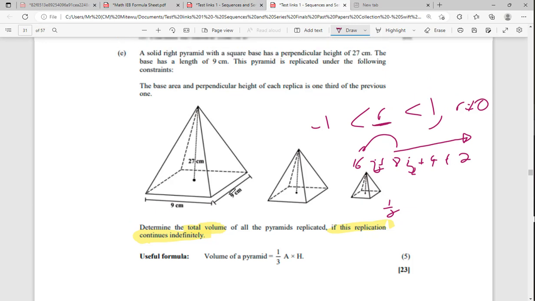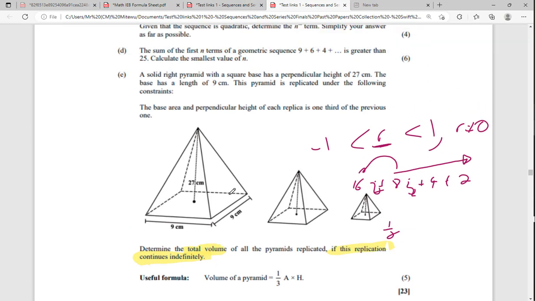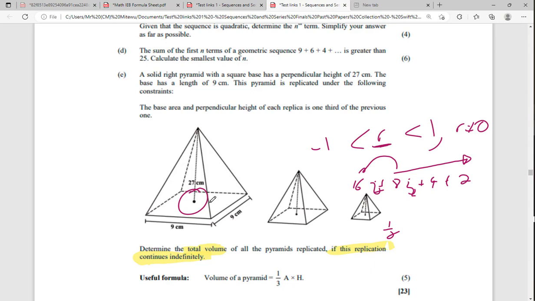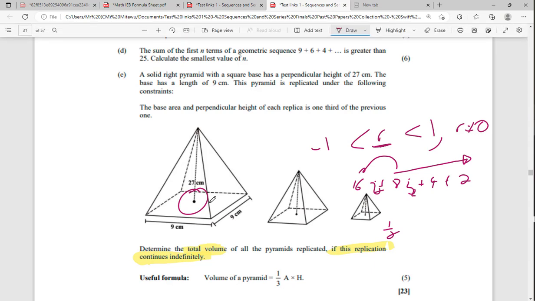In this particular case, we're talking about the total volume of the pyramid replicated. So let's talk about the volume of each pyramid. So what you'll do is you'll find the volume of pyramid 1, right? And then we're given an equation, a third of the area of the base multiplied by the perpendicular height. That's 27 over here, and we are told that the base has a length of 9. Okay, the base is 1/3. The base area